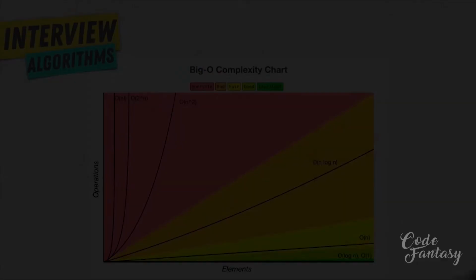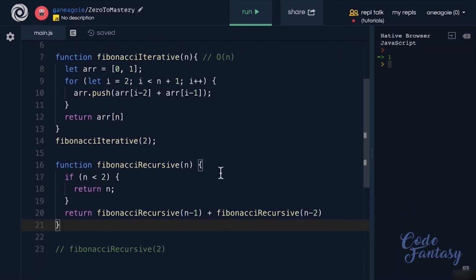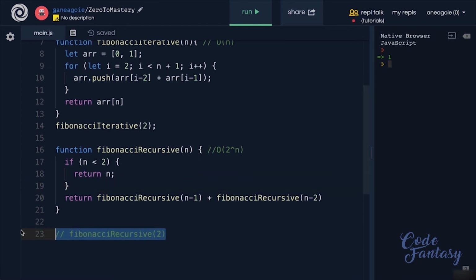And here's a fun little trick. Although this is O of n, the iterative approach, this function is O of 2 to the power of n. If I run this function, let's say if we do 10, I get a result. If I do 15, I still get a result. What if I do 20 here? All right, it's starting to get bigger and bigger. If I do 30, if I do 40,